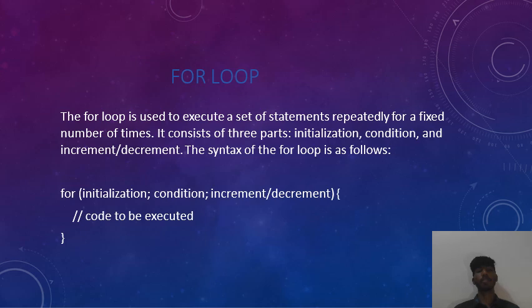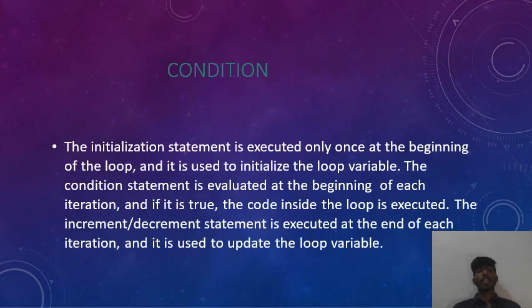For loop. The for loop is used to execute a set of statements repeatedly for a fixed number of times. It consists of three parts: initialization, condition, and increment or decrement. The syntax of the for loop is as follows. The initialization statement is executed only once at the beginning of the loop and it is used to initialize the loop variable. The condition statement is evaluated at the beginning of each iteration, and if it is true, the code inside the loop is executed. The increment or decrement statement is executed at the end of each iteration and it is used to update the loop